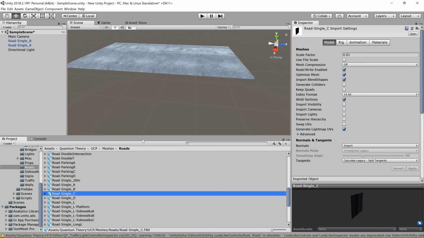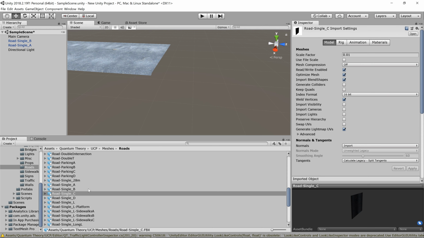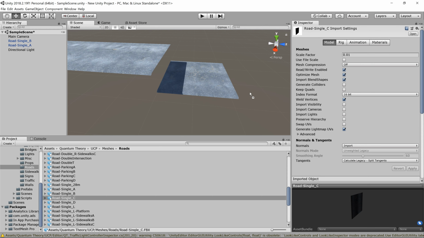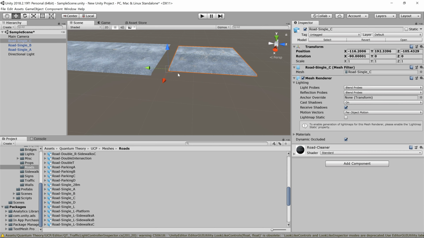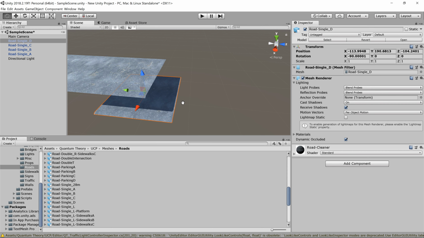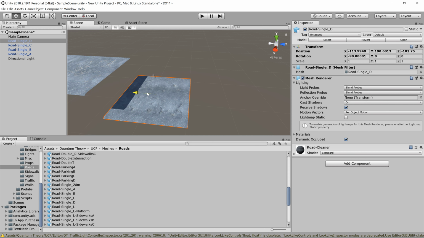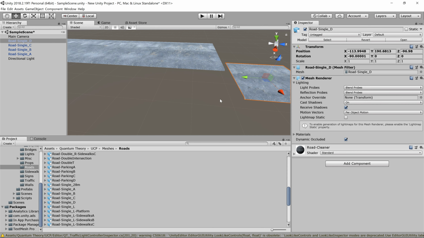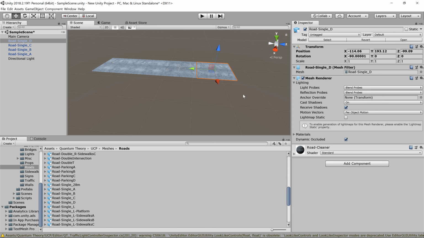Then I'll add C. And I'll add D2. So that's my first lane of road made from four small pieces, A, B,